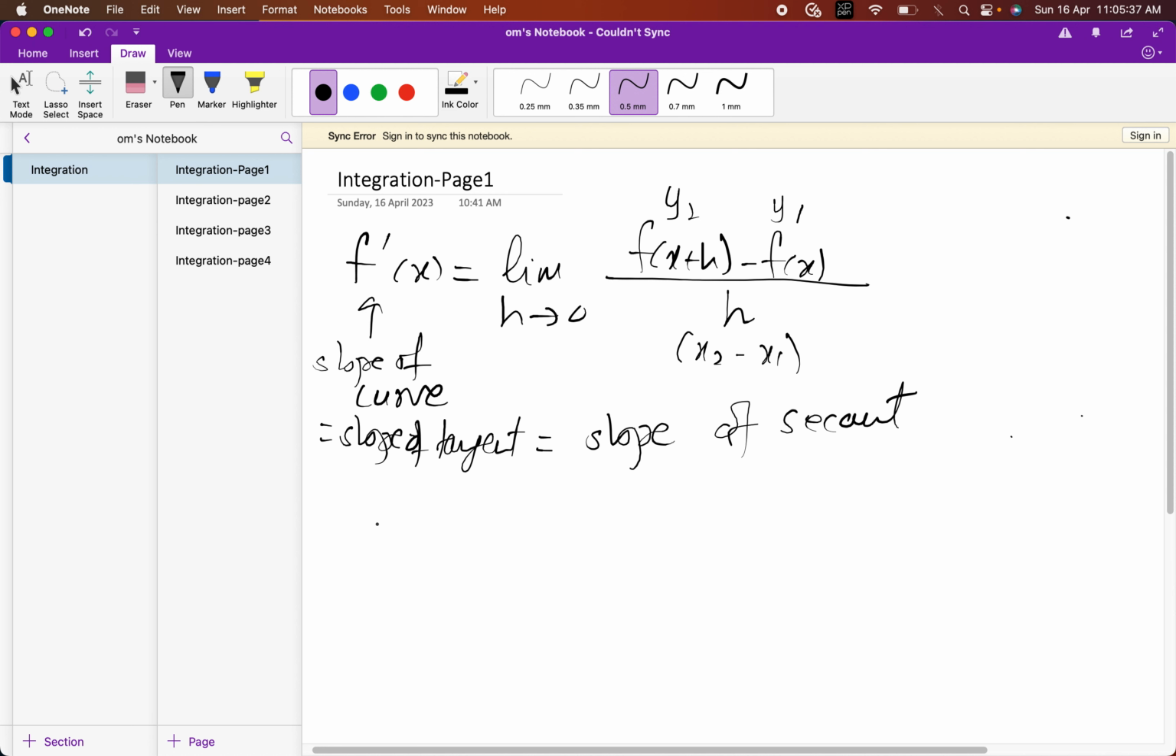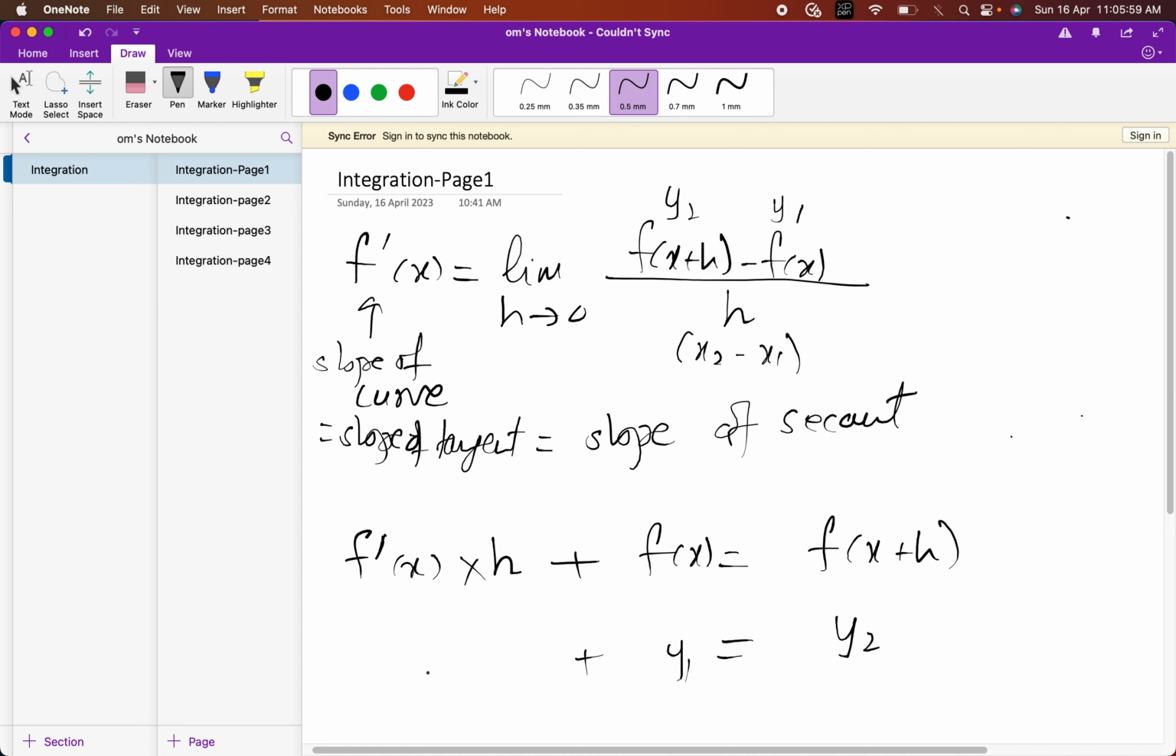Assuming the same, that h tends to 0, meaning the 2 points are very close to each other, we are going to rewrite this expression as f dash x times h plus f of x is equal to f of x plus h. I'll remind you of something we used to write in the straight line equation: y2 is equal to y1 plus m times x2 minus x1. All I'm saying is if I know x1, y1 and the slope, then I can find out what y2 is. Same thing in